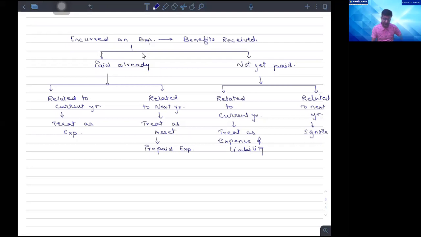Why ignore it? खर्च हमने इनकर किया. सपोज हमारा बिल्डिंग कंस्ट्रक्शन चल रहा है, बंदा बिल्डिंग कंस्ट्रक्ट करके गया, बट जब तक वो बिल्डिंग का एक पर्टिकुलर पार्ट कंप्लीट नहीं करता है तब तक हमारा कोई लायबिलिटी उसके अगेंस्ट बनता नहीं है. कुछ पार्ट का एक्सपेंस इनकर हो चुका है पर अब तक की हमारी लायबिलिटी नहीं है. एंड एनीवेज दैट इज गोइंग टू अराइज इन द नेक्स्ट ईयर. तो इस साल में हम उसको रिकॉर्ड करके क्या करेंगे? ना ही वो हमारे लिए बिल्डिंग गिना जाएगा, ना ही वर्क इन प्रोग्रेस गिना जाएगा, ना ही अमाउंट पेएबल गिना जाएगा. देयरफॉर वी विल कंप्लीटली इग्नोर इट. जब तक बिल नहीं आता तब तक नहीं देखेंगे. राइट? And this is what we call as the outstanding expenses.